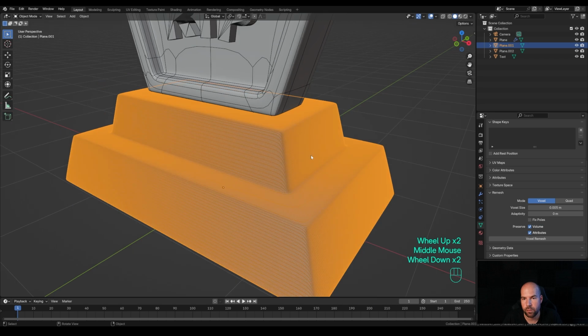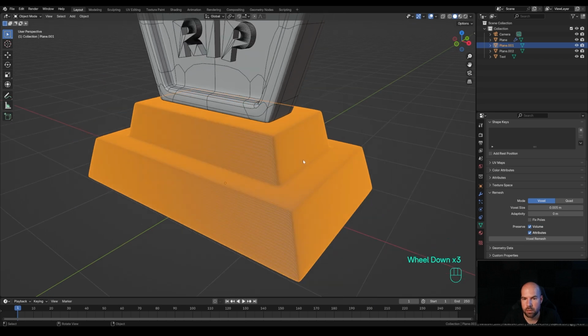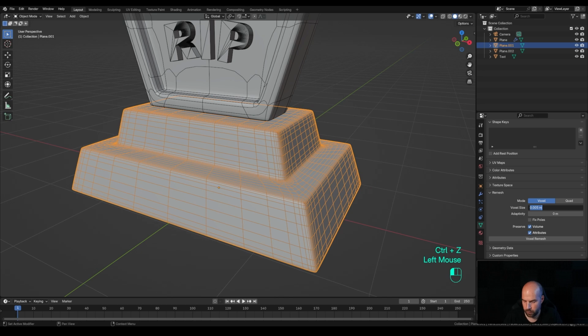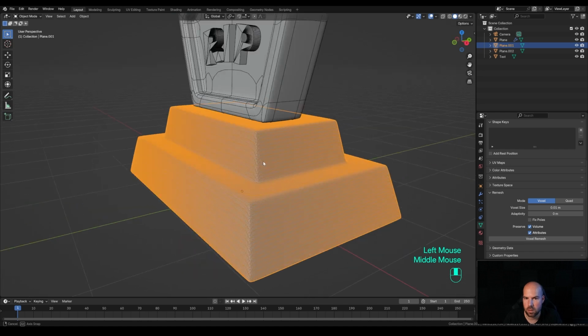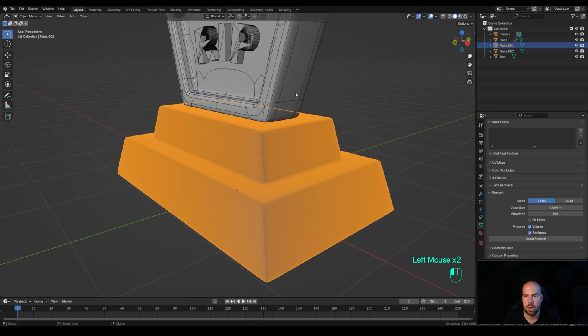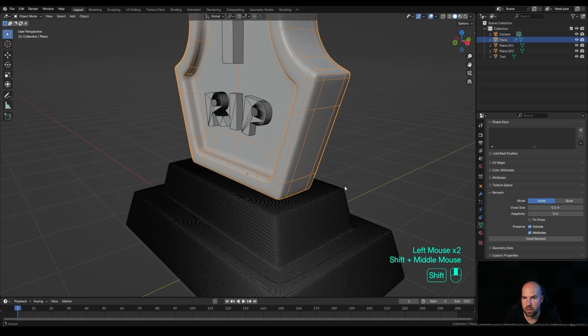If this, for example, slows down your PC too much, maybe just go back and go 0.01. This is still quite dense, but I will go with the original 0.005 and remesh it, and do the same thing with this one. So right click, convert to mesh, so we apply all the modifiers, and now 0.005 voxel